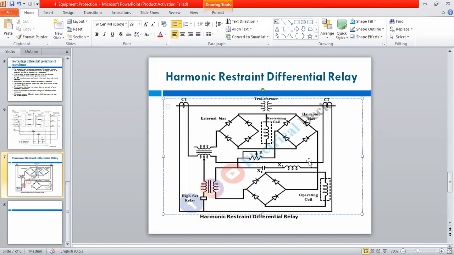Yes, I think you studied that in power system. So these filters are used here. This XC and XL is used here. And what the operation actually is, here we are giving the restraining mode. Restraining means what? Restraining means there are two coils. One is the operating coil and second is the restraining coil. The restraining coil is holding that relay for the operation.